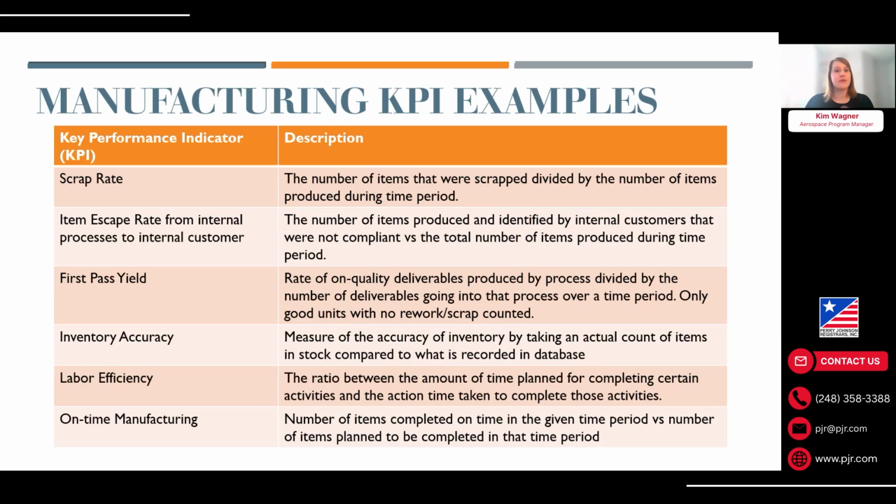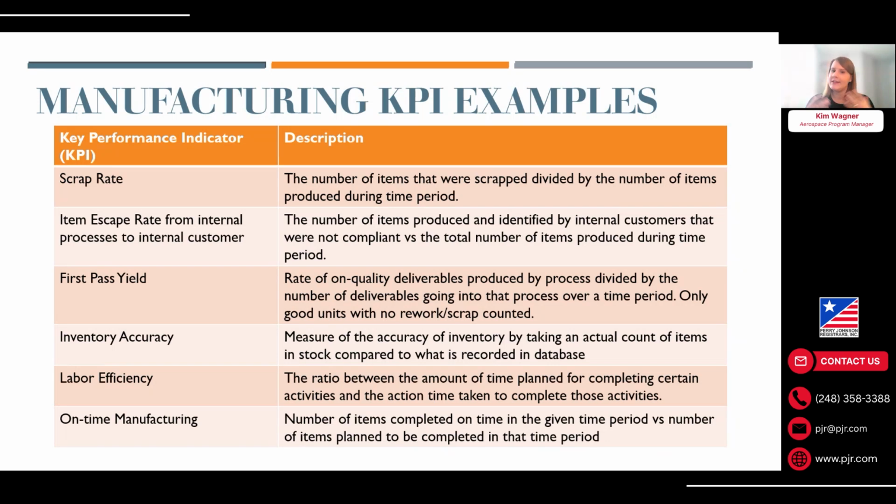Last, we've got some examples for manufacturing. Scrap rate, the number of items scrapped divided by the total number of items produced. Item escape rate would be any escapes in the internal processes. First pass yield would be rating the on-quality deliverables produced by the process divided by the total number of deliverables going through the process over a time period. Inventory accuracy: how accurate are our inventory counts versus the actual count, what's actually on the floor versus what's recorded